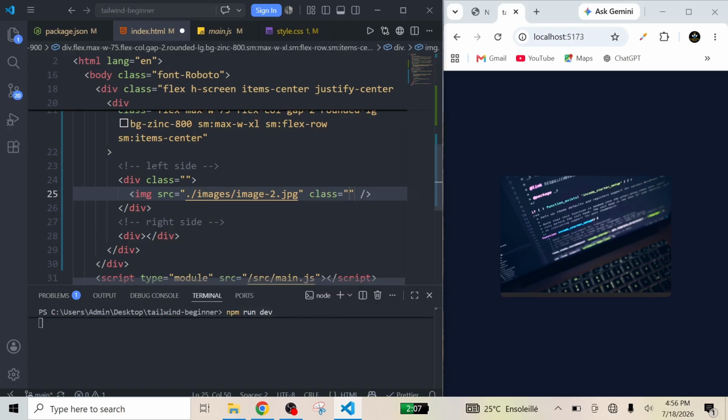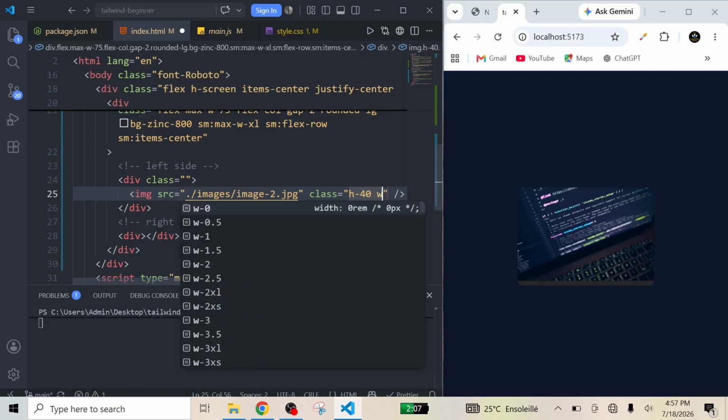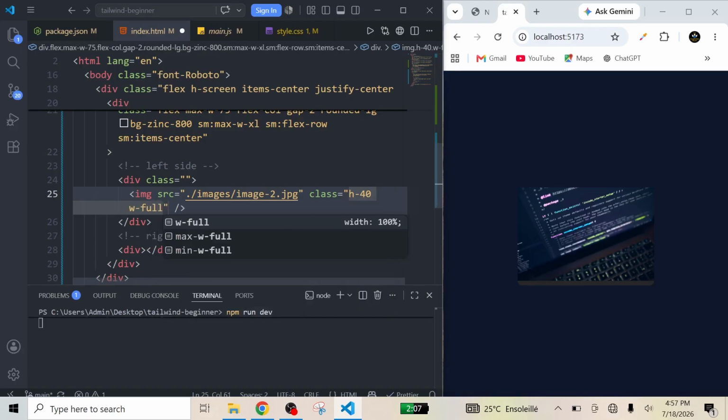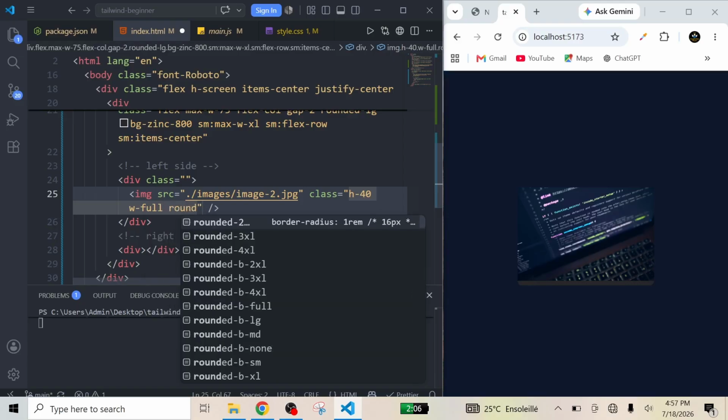Yes, I want the height of the image to be 40. Then I want its width to be full of this div, and I want it to have rounded corner large